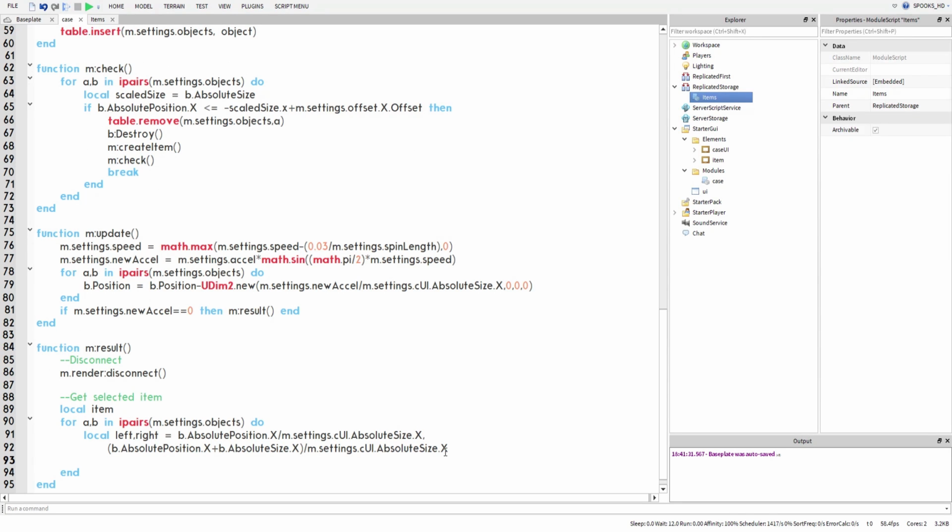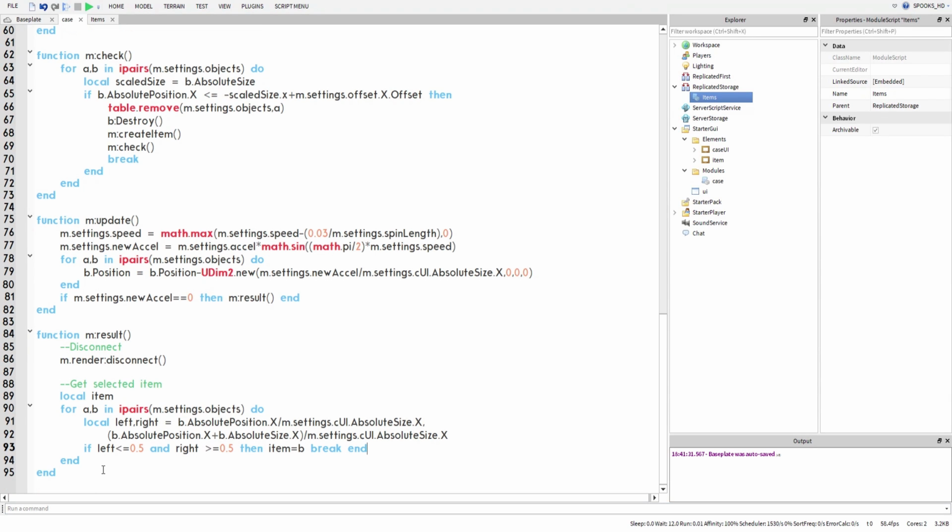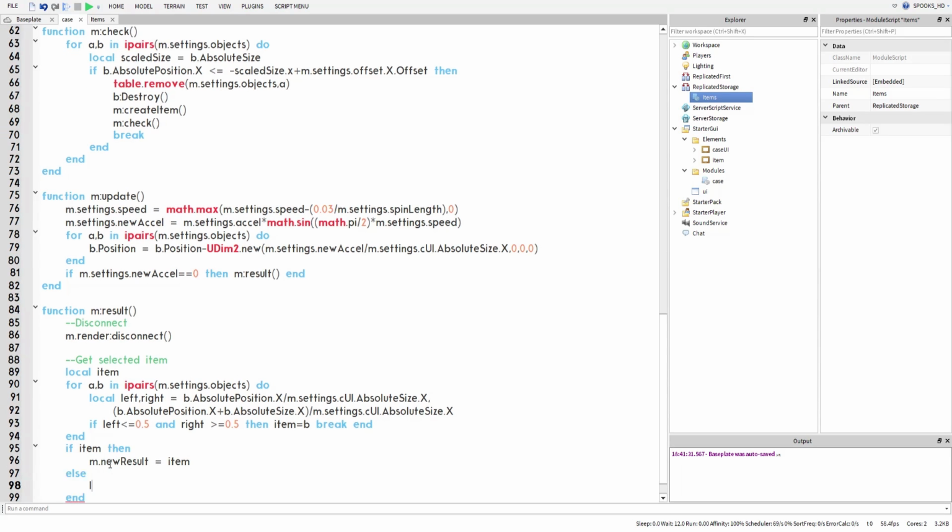Then what we're going to go ahead and do, if left is less than or equal to a half and right is greater than or equal to a half, then item equals b and break, because we already found our item that's colliding with a half. And this is basically collision detection for rectangles. It's quite simple. So if item, then m.newResult is equal to item, and then else local closest items